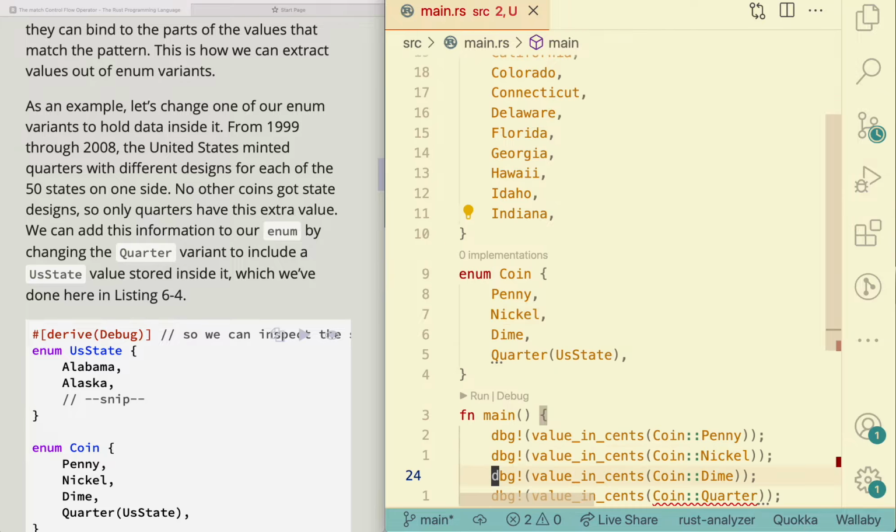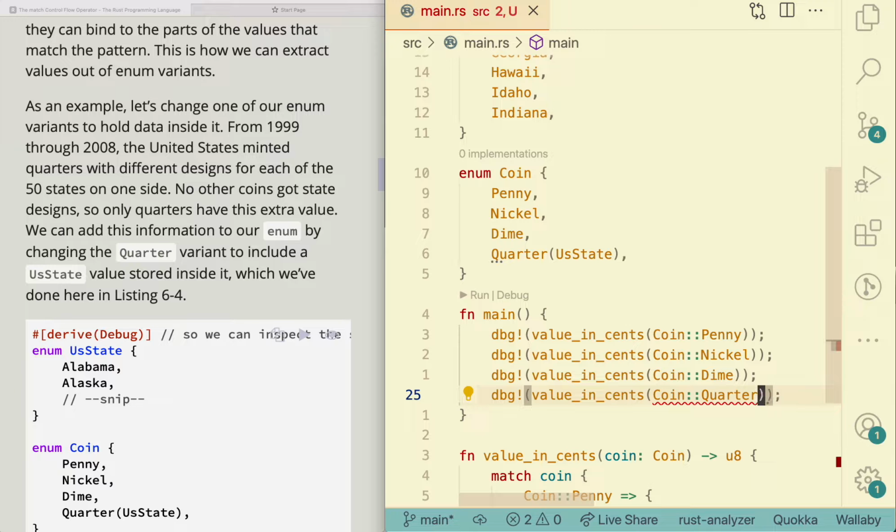That's all I can remember. Okay. And then